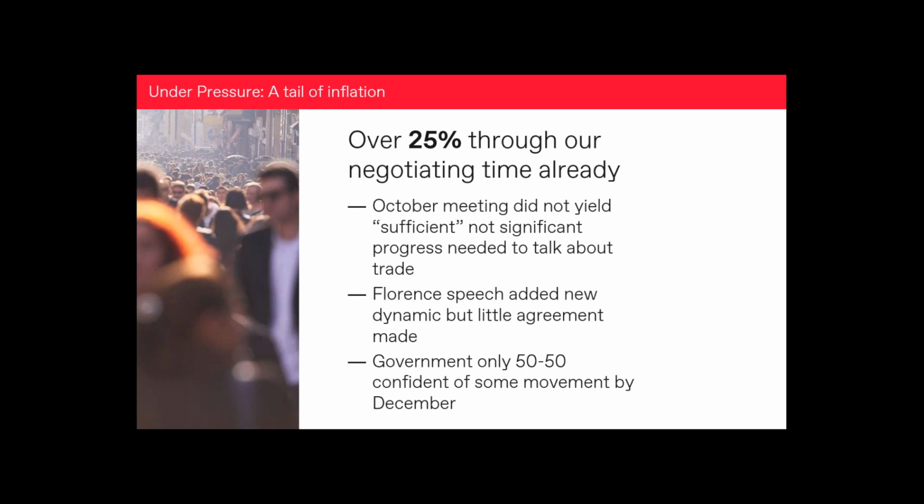So if we are 25% of the way through, you'd expect to see at least 25%, hopefully, of progress. But unfortunately, the news, the political meetings, regardless of whether you're a Remainer or a Brexiteer, the negotiations are not going quick enough. You would have to say. The October meeting did not yield what they call sufficient progress, and that means that we can't start talking about trade. You'll see from the slides as we go through this